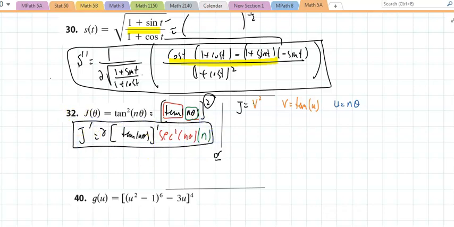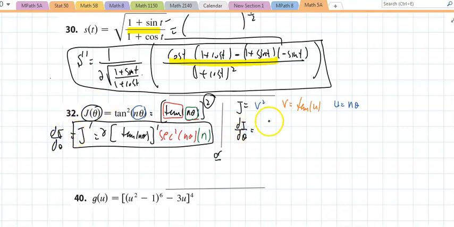This is worth doing again. Let me start with letting u equal the insidemost function. That is n theta. Okay, that's taking care of it now. And let v equal the tangent of u. And j will equal v squared. Now if I say find the derivative of j with respect to theta, which is what this is,